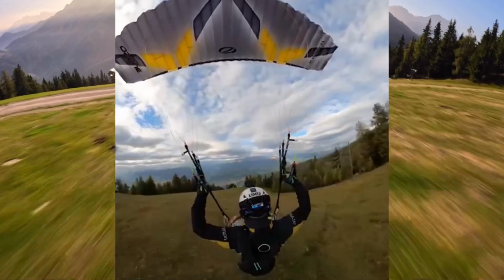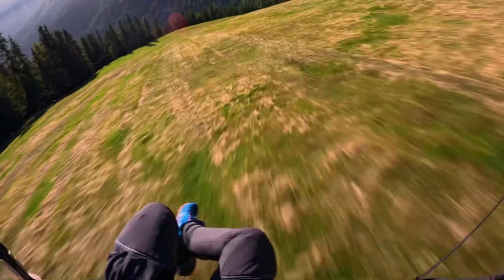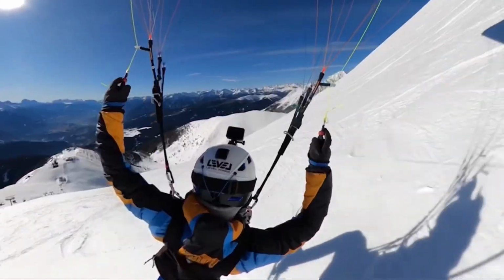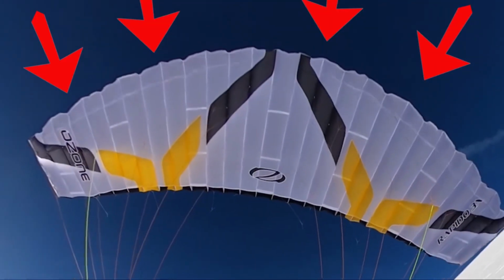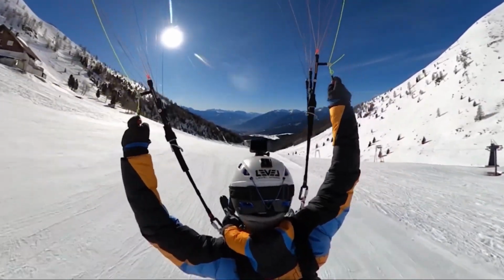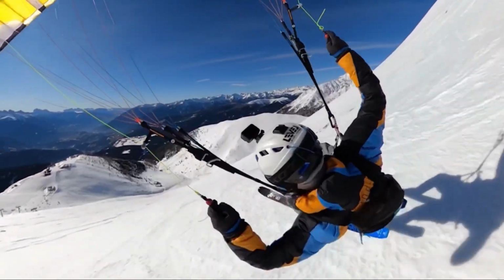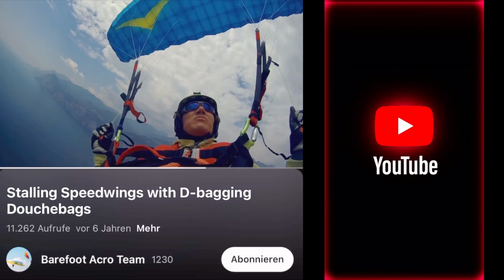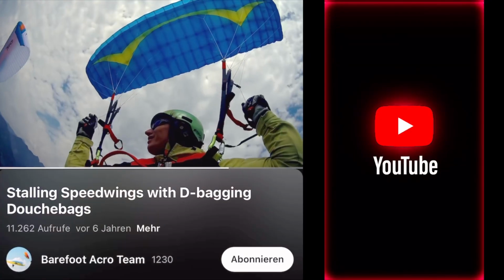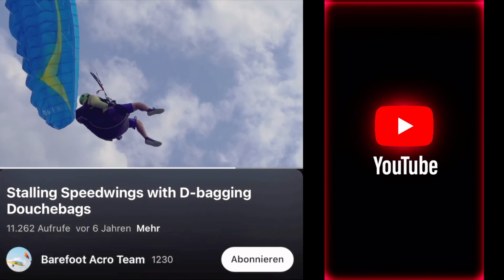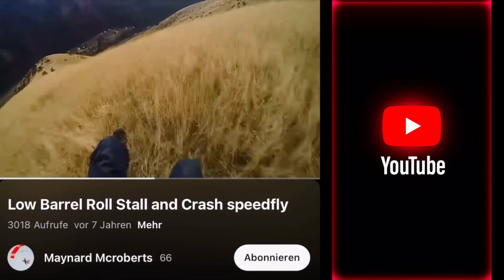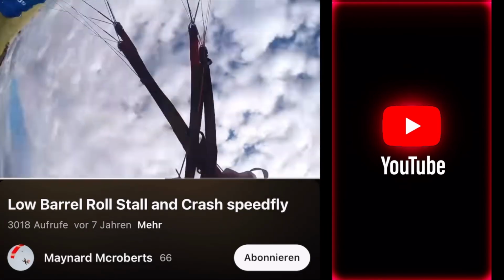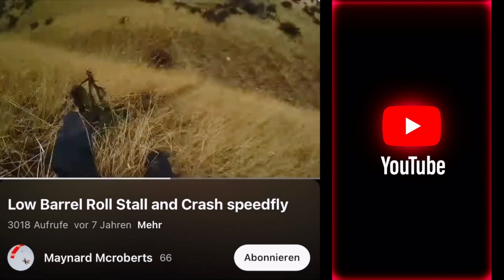especially in turbulent air. On the opposite, increasing your angle of attack to generate more lift involves closing the trimmers and applying brake. Pulling on the brakes folds down the trailing edge, increasing the angle of attack and thereby creating more lift. However, it's crucial to pull with caution, especially on small speed wings, as excessive braking can lead to a stall, causing the wing to lose its flying capability and potentially initiating aggressive spins and rotation. While it is likely to recover from a stall with a larger paraglider, if you know how to react properly, on a speedwing it's nearly impossible to recover, especially if you're close to the ground.